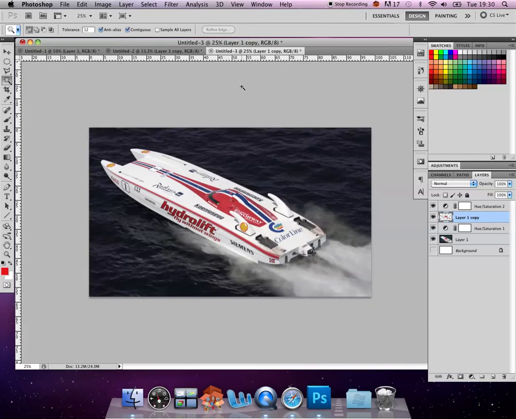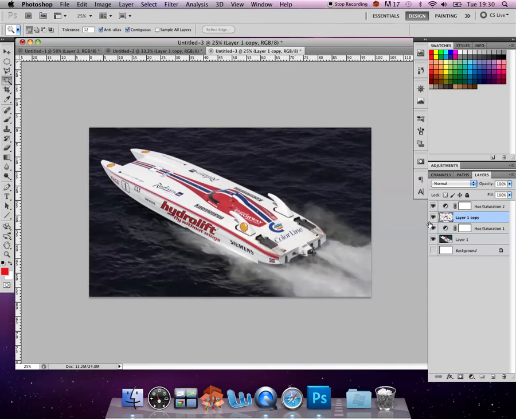In a previous tutorial we were talking about transforming a layer, how we can rescale it and rotate it. And I mentioned the perspective tool and said I'd come back to that later. Well, later is now. What I want to do is make this boat appear that it's coming out of the water a little more than it already is. I need to use a range tool, so I'm going to use the magic wand. I'm also going to modify my selection, and I'm going to use a perspective tool as well as a content